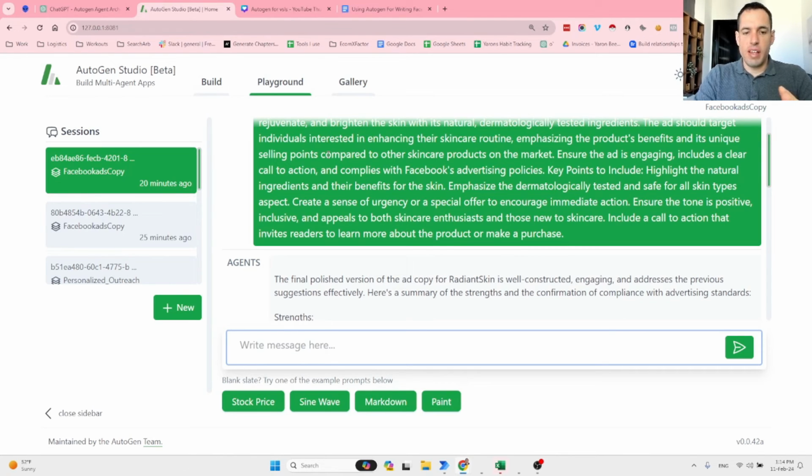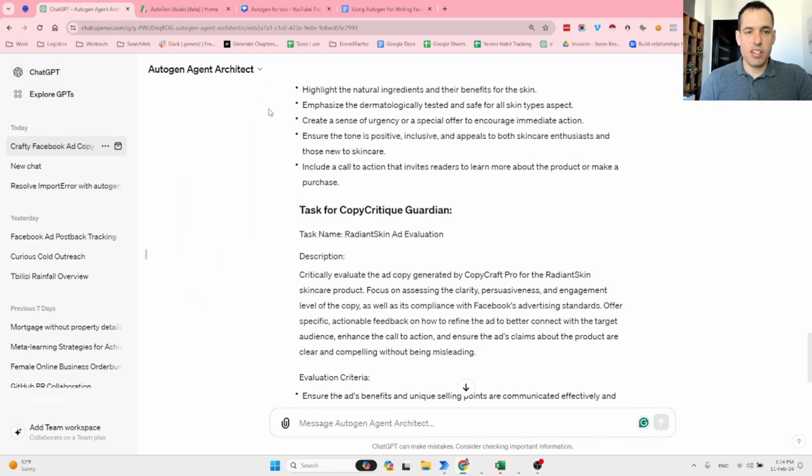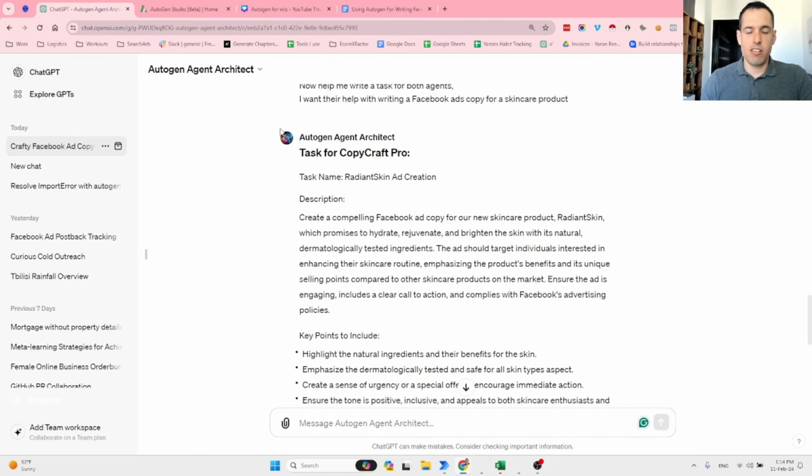So I believe that with slightly better prompts, maybe asking for removal of emojis or making the copy even shorter, this could be a great tool for generating great Facebook ads. Obviously, the addition of the Autogen Agent Architect is also very beneficial, and I'm going to use it probably very often because it just streamlines the process of building agents,